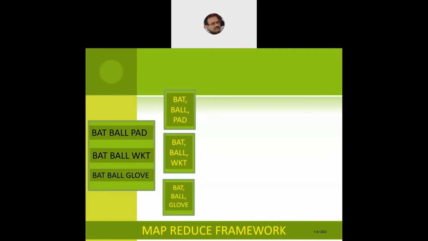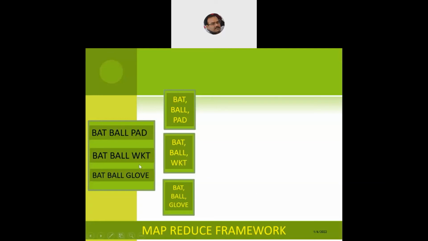So what do you do here? You have got 3 strings. It's almost the same example, on the same lines as the one we just took, where we were searching for the occurrence of words like deer, river, car. On the same lines, I would like to find out the number of times the word ball has arisen in the document. How many times the word wicket has arisen in the document. How many times the word pad has arisen in the document.